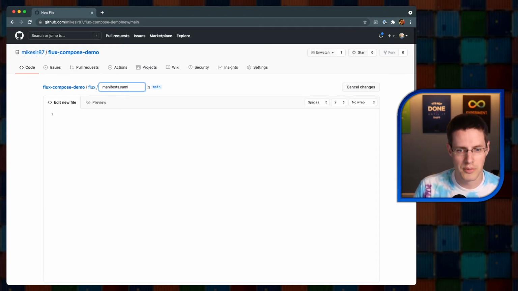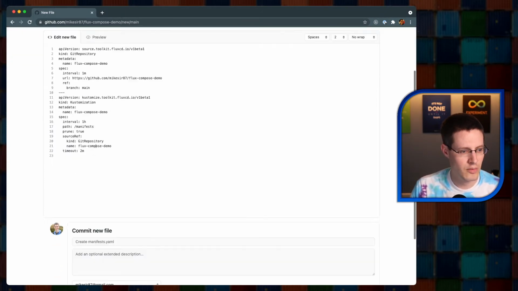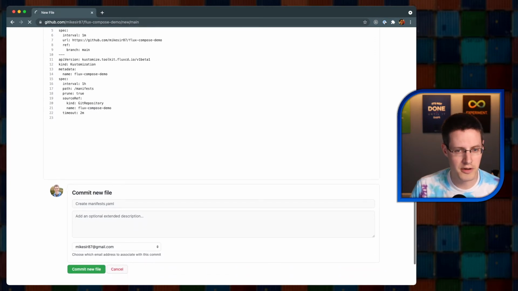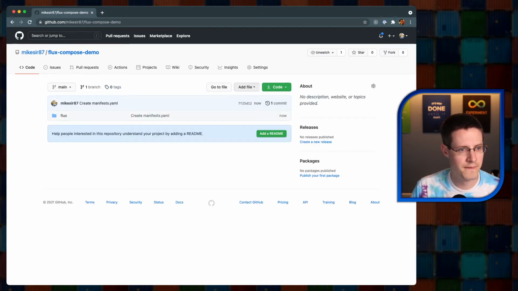So I'm going to just grab this, copy and paste this in here. And so what this is going to do is it's going to define a Git repository that Flux is going to watch, and then it's going to apply all the manifests that are found in the /manifest directory and apply them into the cluster. Okay, so we will commit that file,